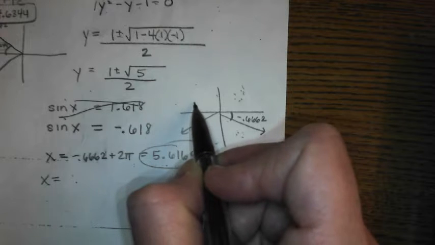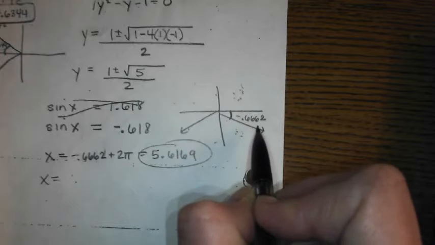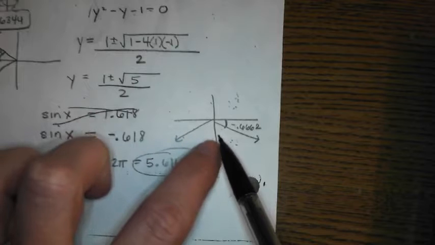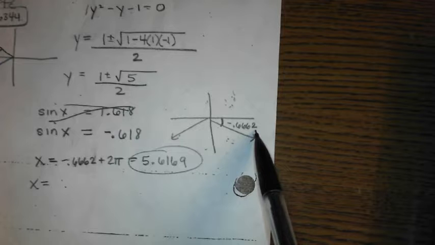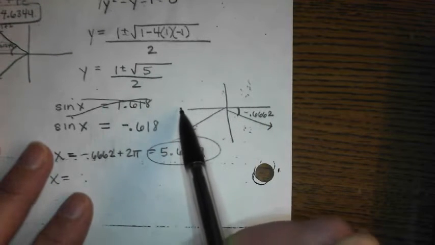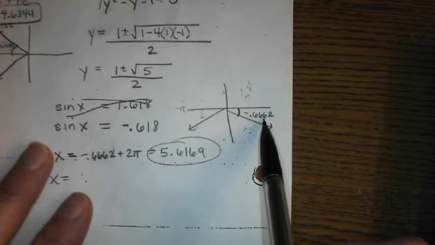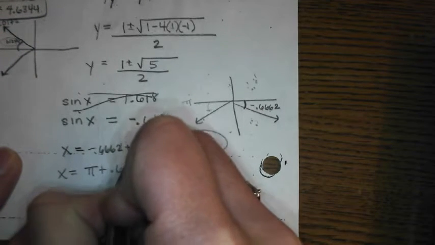Not minus, because that's going to bring me back here. No, it's not. The reference angle is still 0.6662. Do we see that? The inverse sine angle that they gave me, because it always is between negative pi over 2 and positive pi over 2, was this negative thing. But the reference angle is 0.6662 still. So if I want the third quadrant version, I'm going to take pi, and I'm going to add on that amount, that 0.6662 reference angle. So pi plus,